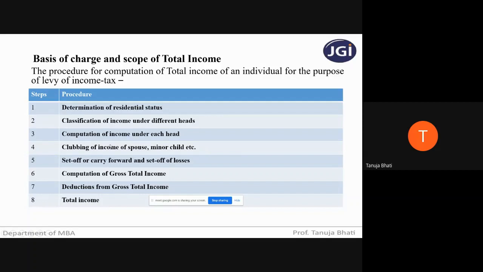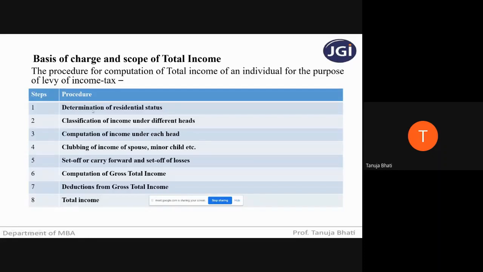So students, have you all understood this slide? In detail, individually, how to calculate and what the provisions are, we will be seeing in the succeeding modules. We have completely separate modules for this. But have you understood the meaning of all the steps? If yes, we can proceed ahead with the succeeding slide. Yes, ma'am. Okay. Moving ahead.